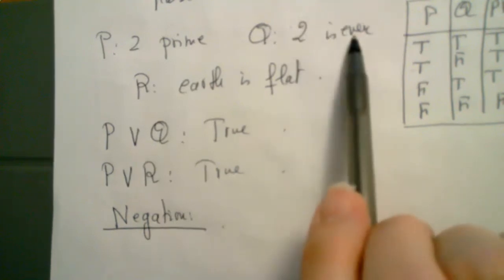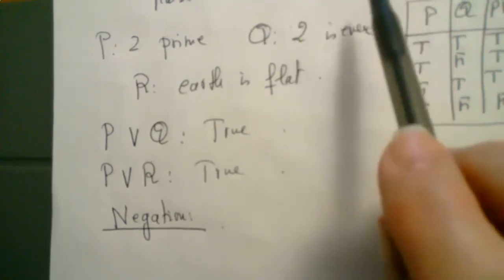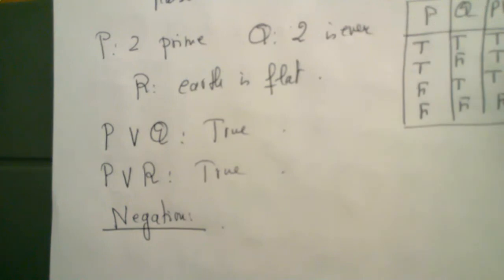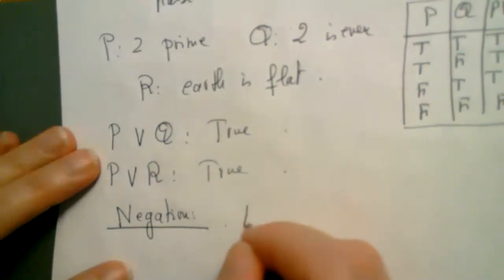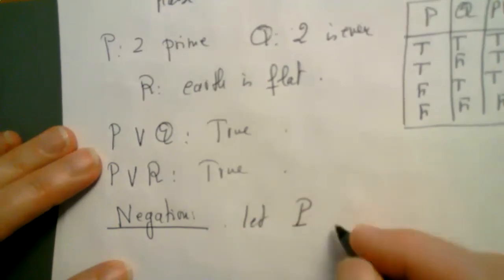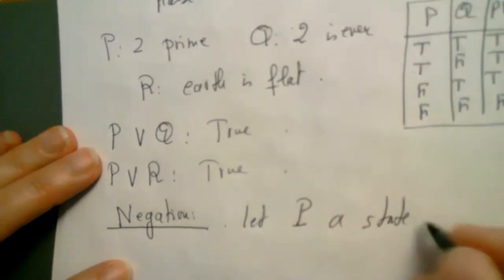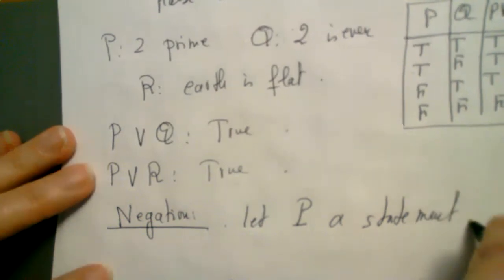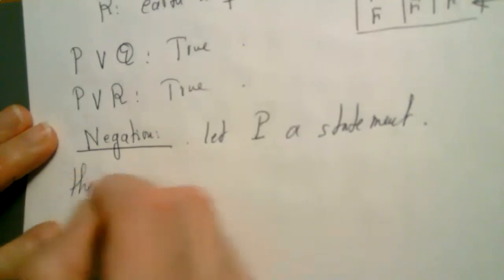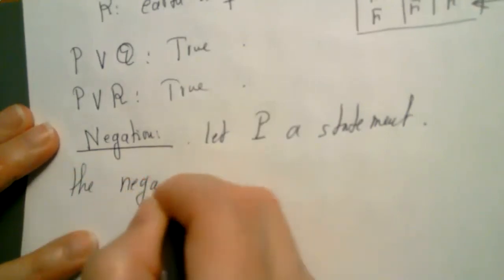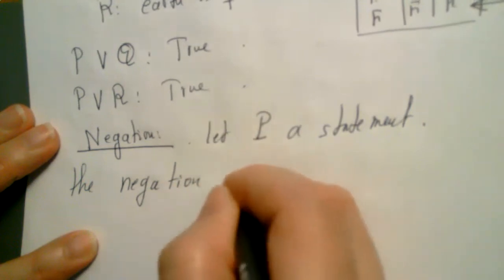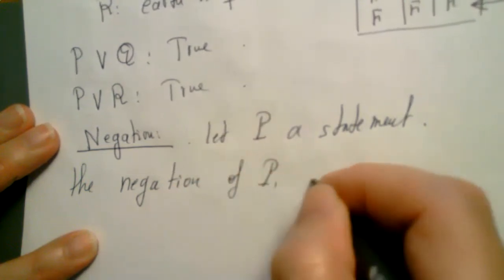2 is even, 2 is not even. Everything but even, which is not even. So what is the negation we define? Suppose P is a statement, of course. So let P be a statement. Then the negation of P, denoted by,